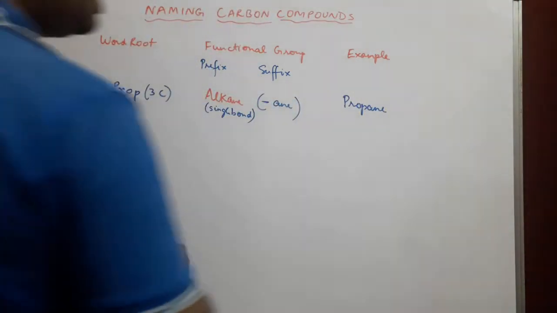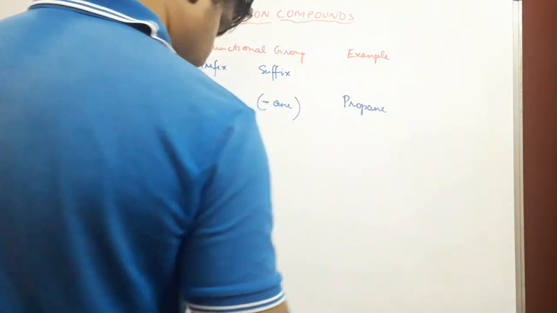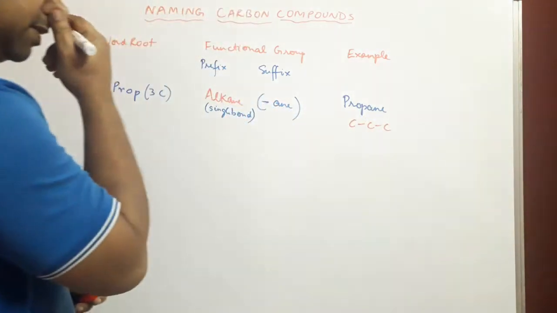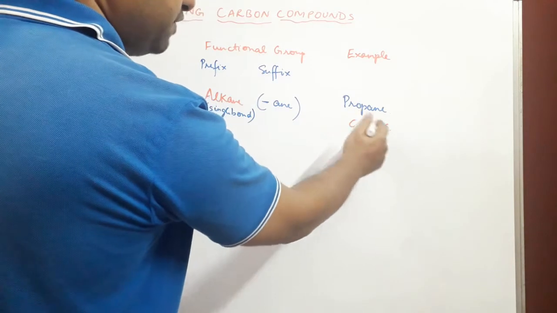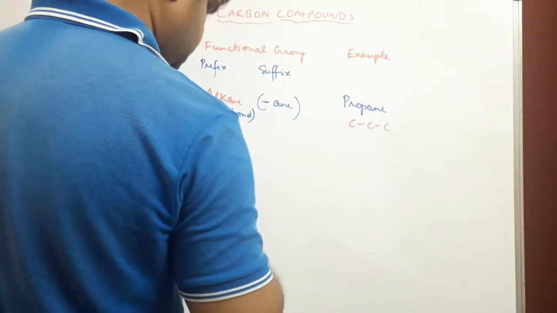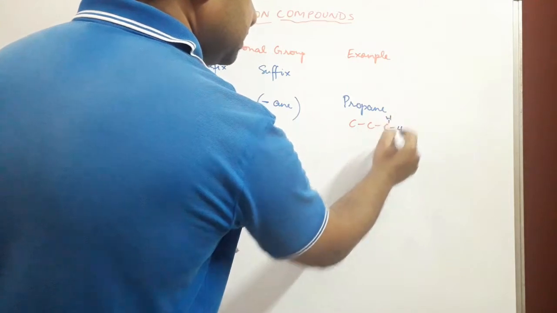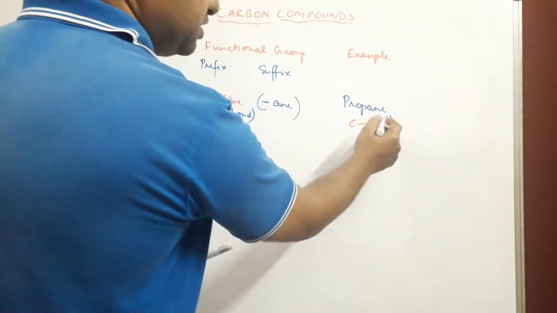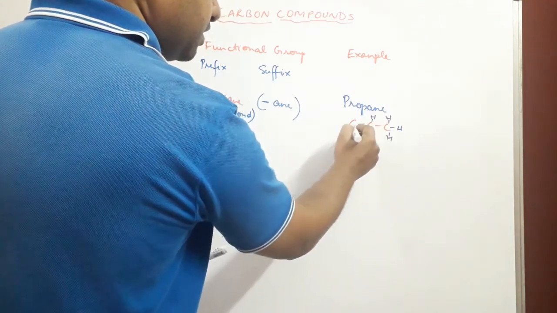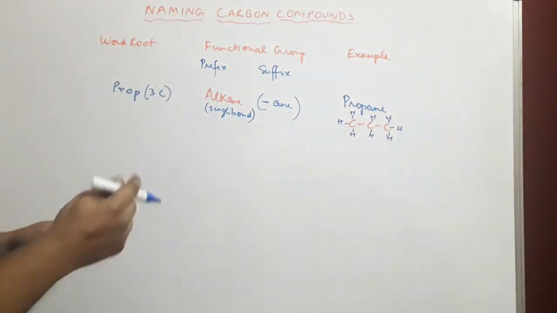Propane looks something like this. So there are 3 carbon atoms, and we need to satisfy the valency of carbon. This one has just 1, we need 3 more. So I'll put it in blue: hydrogen, hydrogen, hydrogen. So this carbon atom is now completely satisfied with 4 bonds. Here there are already 2, so we need just 2 more. And here there is only 1, so we need 3. And that is your propane.